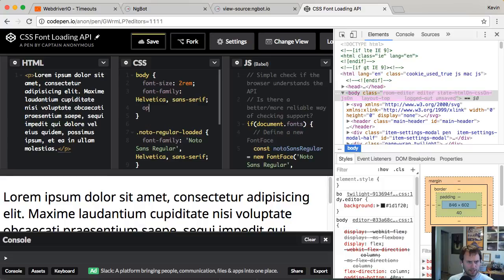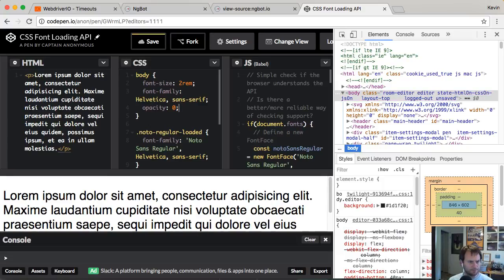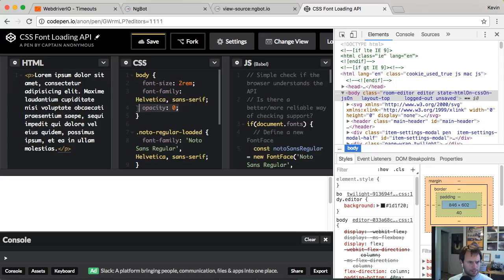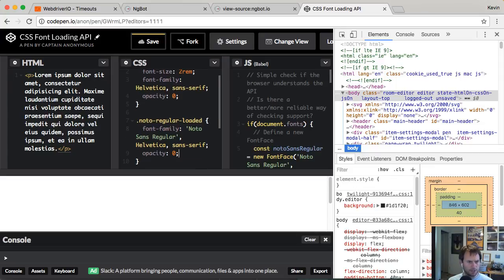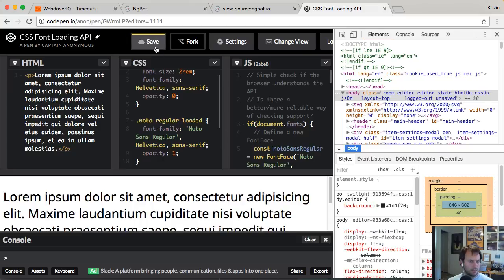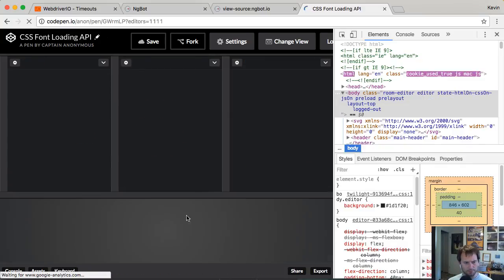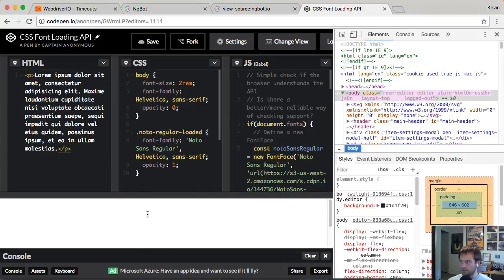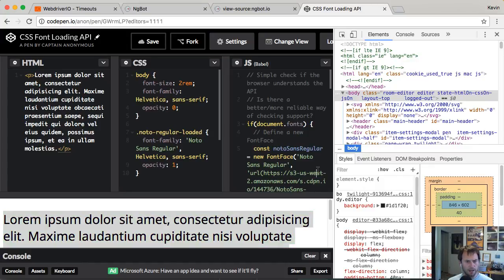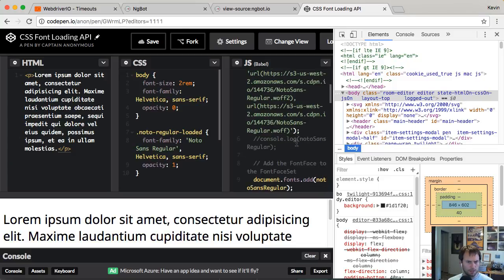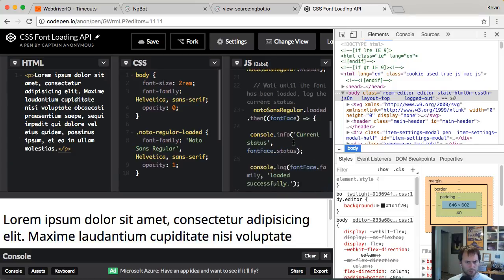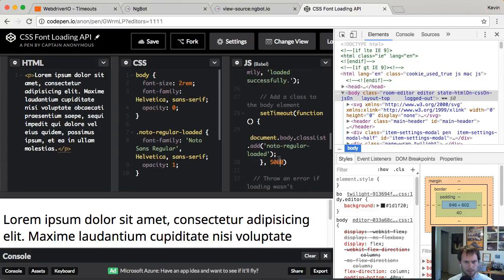It could do that with something like opacity of 0. And inside the font loaded, it sets the opacity back to 1. So you'll see when the page first loads, if I refresh it, the font's not loaded, so the text is there, it's just hidden because of this opacity 0. And then as soon as the font is loaded, it shows up. So this is a pretty common technique out there used for font loading, and it's something that can really get in the way of